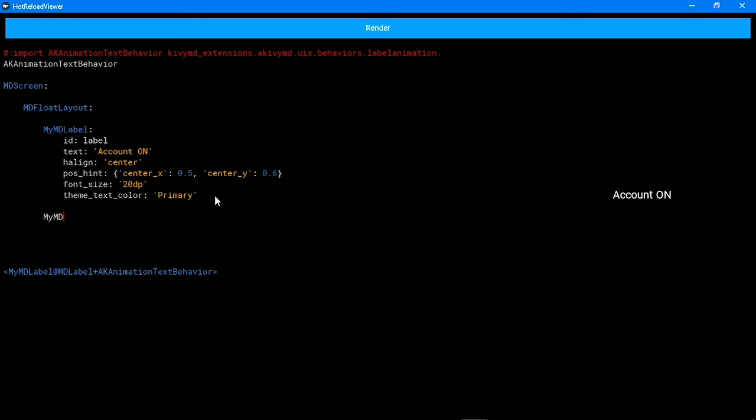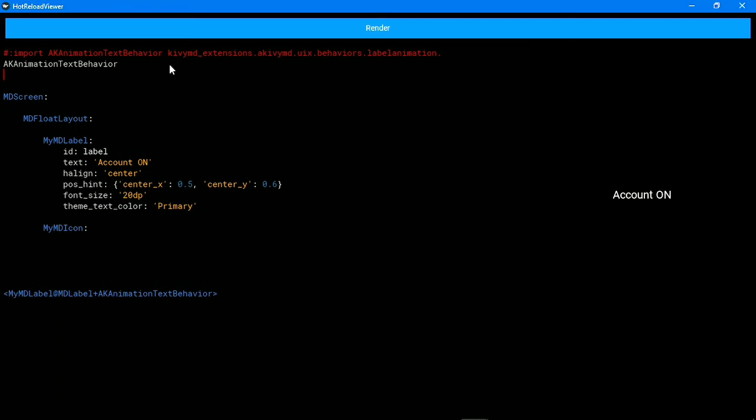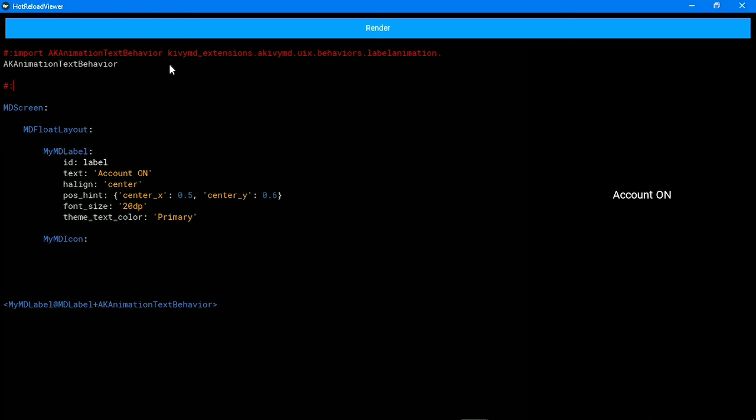Just like the myMDLabel, we have to create another customized class named myMDIcon. Previously, we had imported AK animation text behavior. Now we will import AK animation icon behavior. These things remain the same as the previous one.